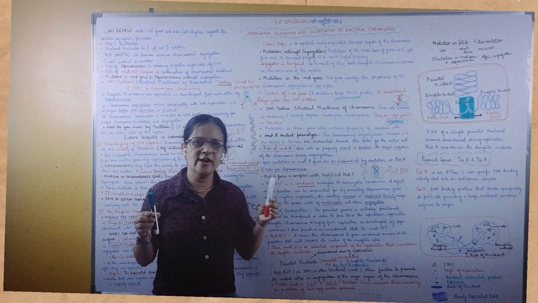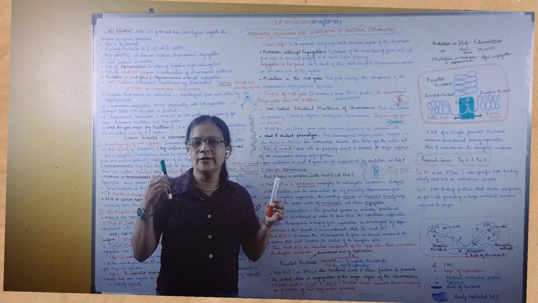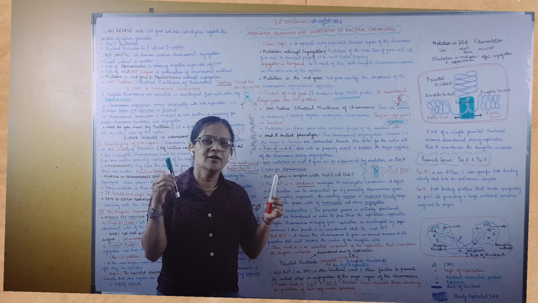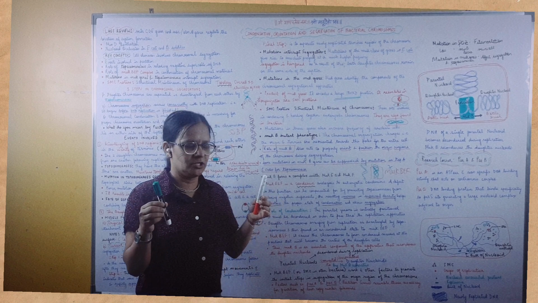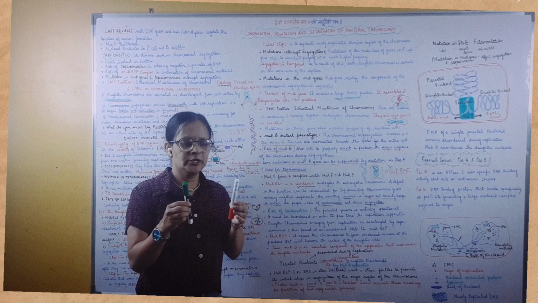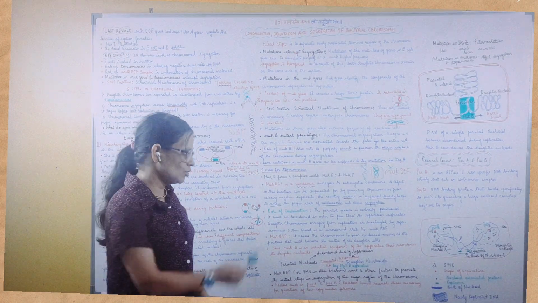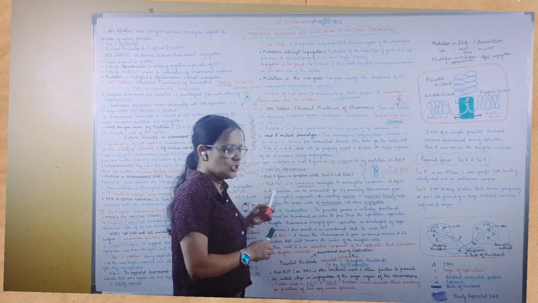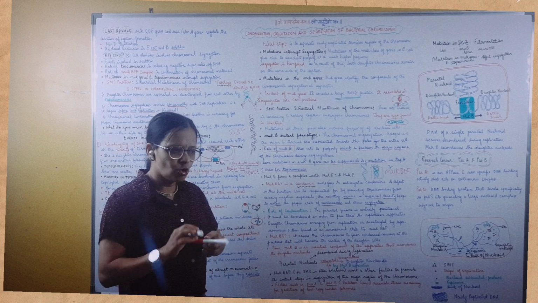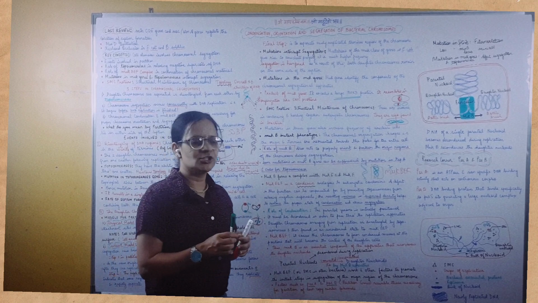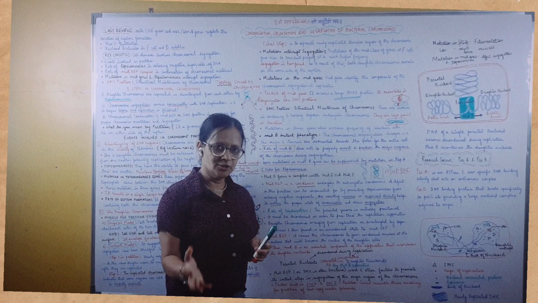That is, MukBEF is involved in condensation and topoisomerase is involved in relaxation of the genetic material, and together they help in condensation and segregation of the genetic material. So both are equally important, but if one gene is mutated, then we can bring about a condensation by manipulating the other gene, right?